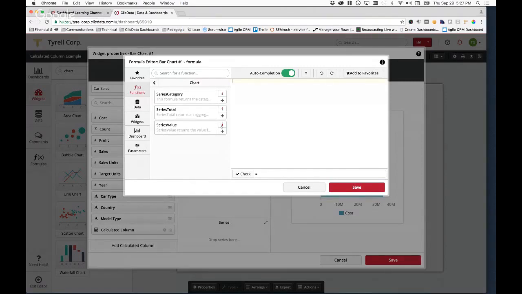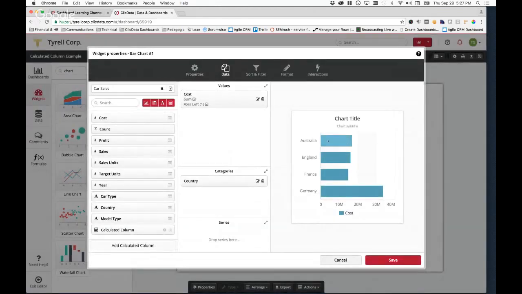Very similar to the drill down table, but in the sense you need to know what you're trying to do in terms of calculating the value. We're talking about a series specific value. We're talking about, for example, in this case, the cost of Australia. So it's this value that we're talking about. Whereas the series category would be the whole of Australia. In this case, again, we only have one category, or sorry, we have 4 items in the category. So it would be the whole total of all these 4 countries. Okay.